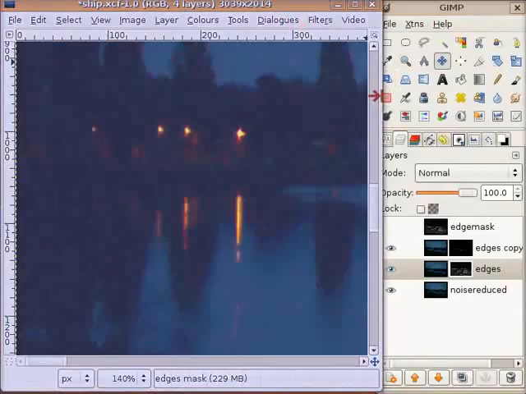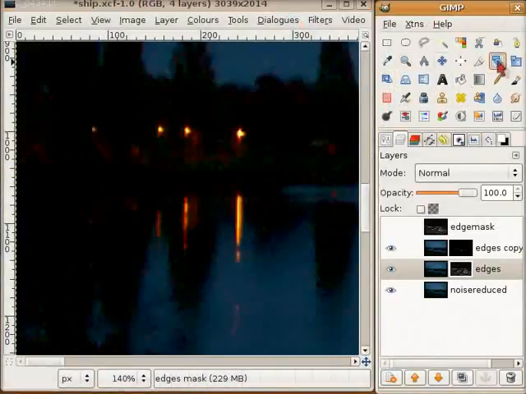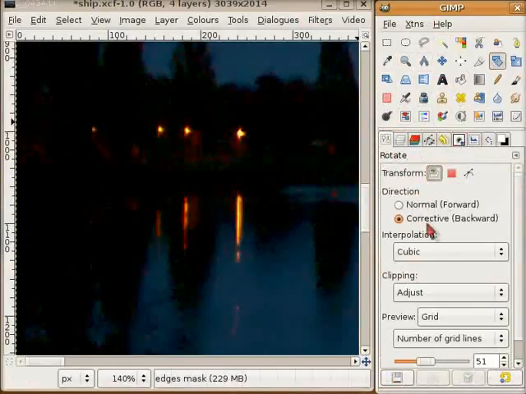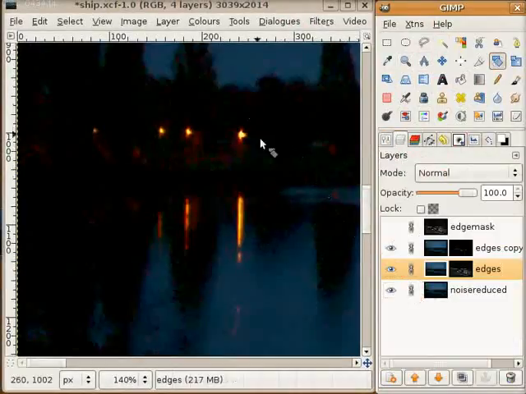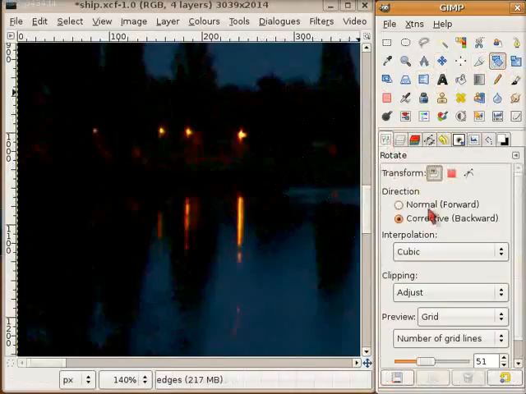So I go to rotate. I of course lock all these to rotate everything, and then I go rotate, select corrective. So let's see, I go to rotate, select corrective,